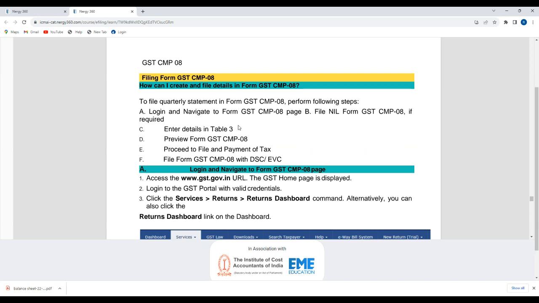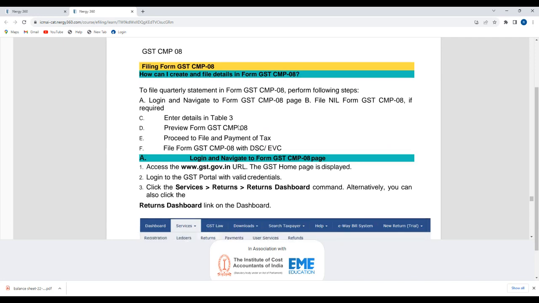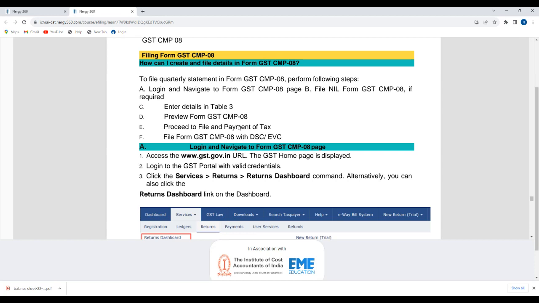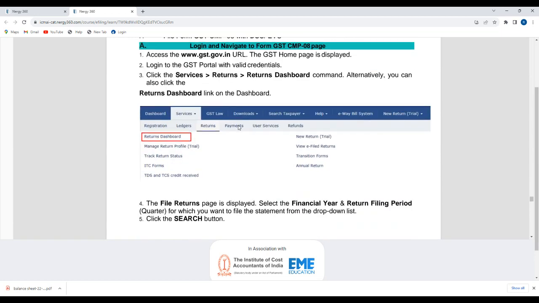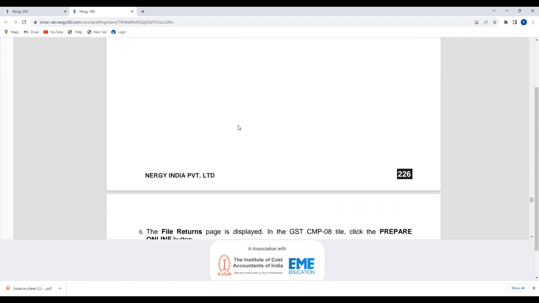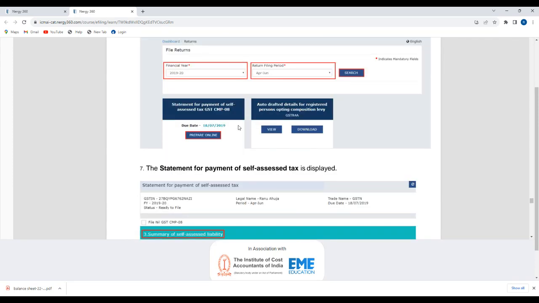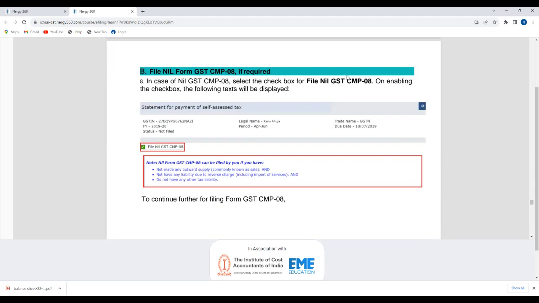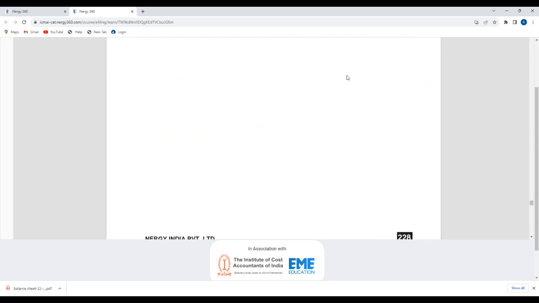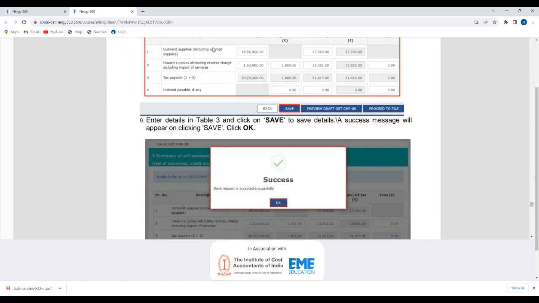Then we discussed CMP 08. What is CMP 08? Just a quarterly statement, which you can do online and submit. This is for composition people, CMP 08. You can select the year and return filing period. Again, it's a quarterly statement. The rest of the procedure is similar to 3B. You have to enter all the relevant details